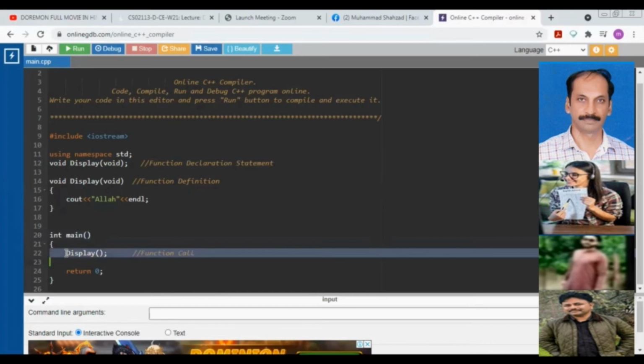Mr. Sami, I'm asking you a question at line number 22. Over here, right now before you onto the screen, my dear, there is a function call statement, my dear. I am asking you a question. When this function call statement will be executed, what will happen, my dear? Control of the execution will be shifted to function definition, sir. Your answer is correct, my dear.